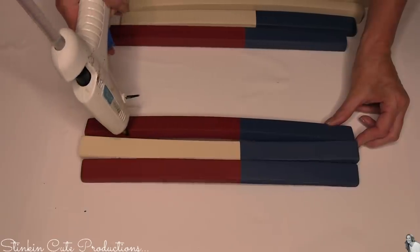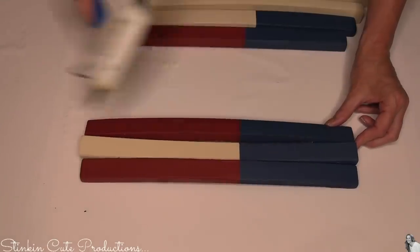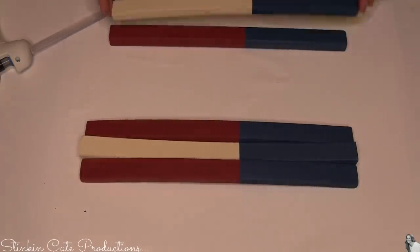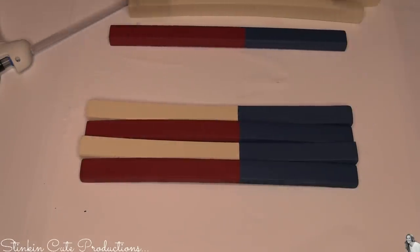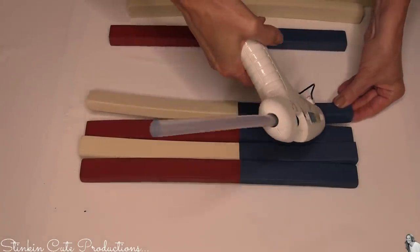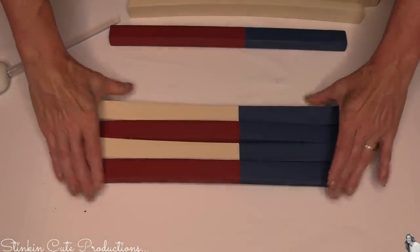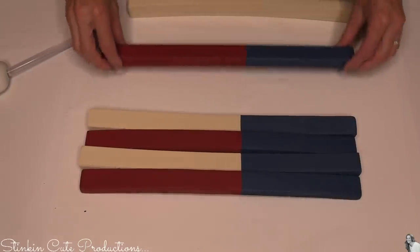And for this, I'm just gonna use hot glue because I figured it was best to actually place them together and see where I needed to put the glue, because you don't need glue along the whole side. If you put glue along the whole side, some of it's gonna show. So if you just take and place your pieces one by one, you can pretty much see where you need to put the glue, and just by gently pulling it away from the flag, you can see that you can put the glue right on this spot here and this spot here. Then you can place it together and you've somewhat got them together. This is not sturdy by any means, but once we've got this flag fully together,